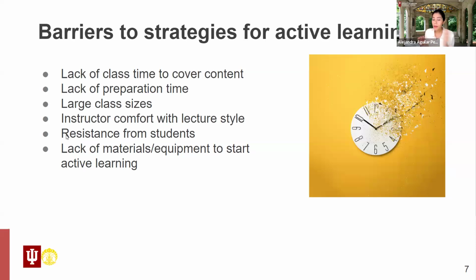But similarly, someone mentioned time constraints, and because all active learning strategies at some point do require varying levels of preparation on behalf of the instructor, it is very important to be intentional in what strategies you're choosing that fit the need of your students and can actually be implemented within a lesson or a series of lessons. We know that, for example, class sizes can also be a big issue. And active learning strategies have actually been shown to have considerable success in collaborative settings. But of course, we know from experience that it's a lot easier said than done in a classroom with 100+